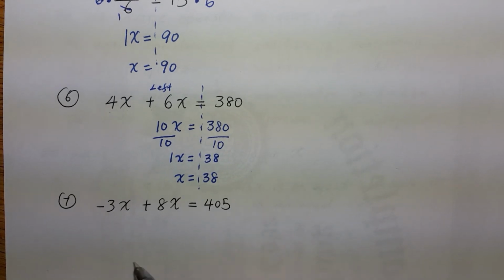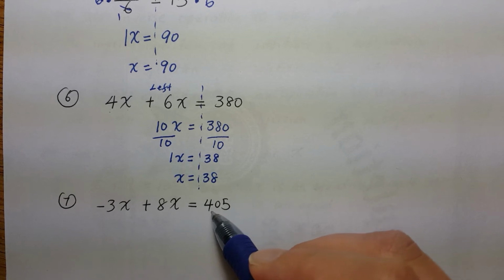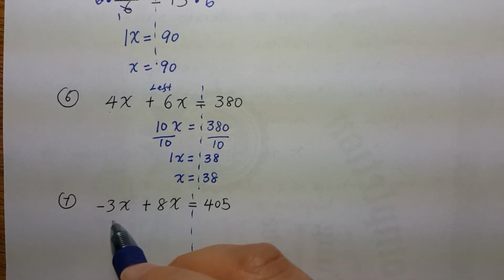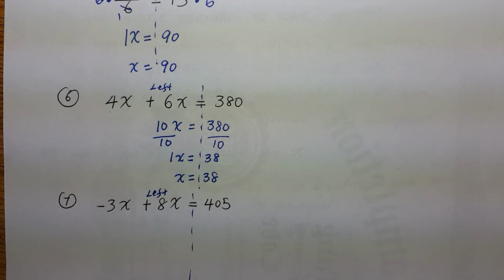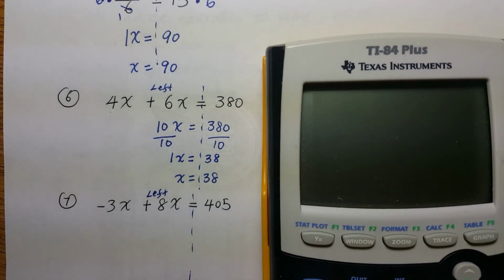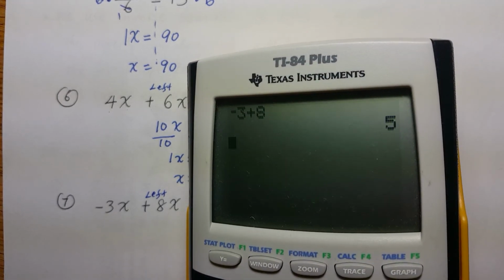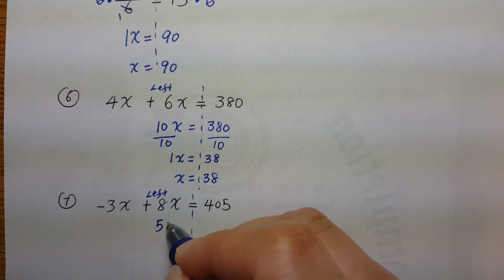Let's go to number 7. Negative 3x plus 8x equal to 405. So on the left side, we also have the like terms. We are going to combine them. So now we are going to combine like terms. Negative 3x plus 8x. So you do negative 3 plus 8. So we get 5. So we have 5x equal